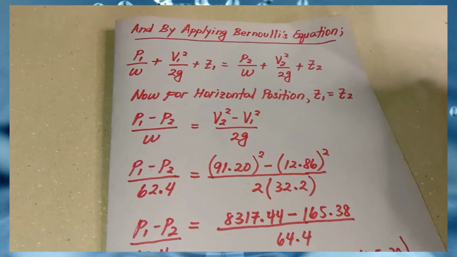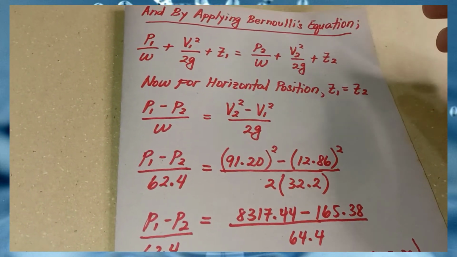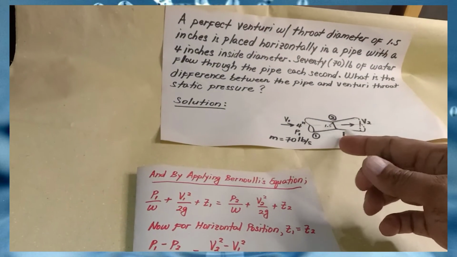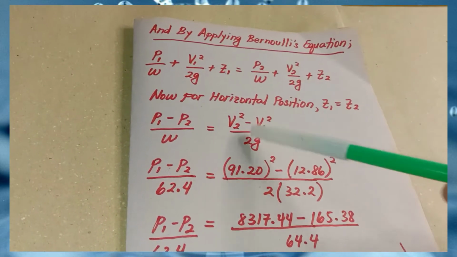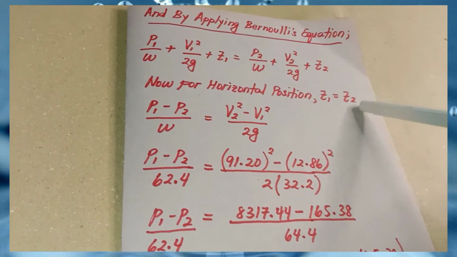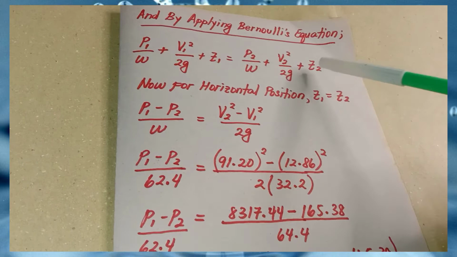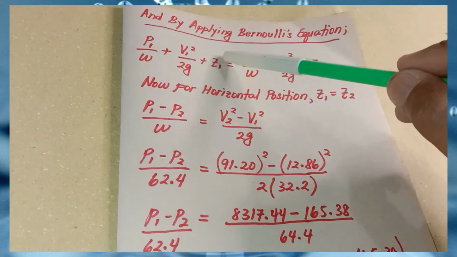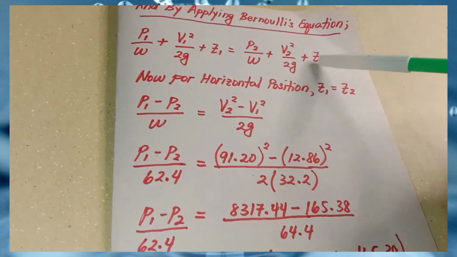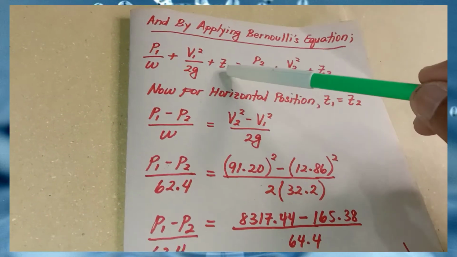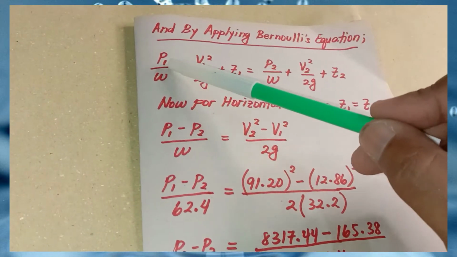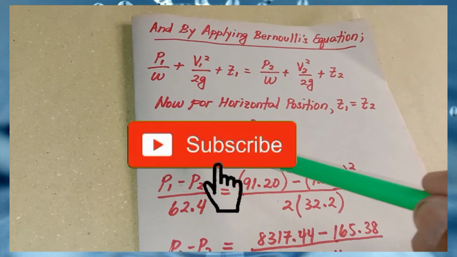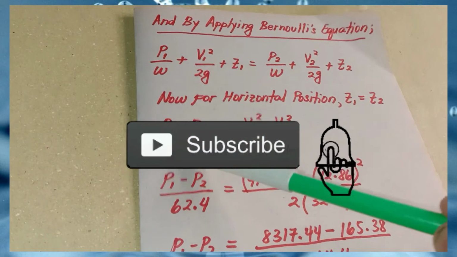As you can see here guys, in our diagram, since there is no elevation difference, we assume that the venturi is in horizontal position. So for horizontal position, the elevations are equal. Z1 is equal to Z2. So these two parameters will be cancelled. Z1 and Z2 will be cancelled because they are equal. Okay, so the remaining equation is the difference between P1 minus P2 over the unit weight of liquid